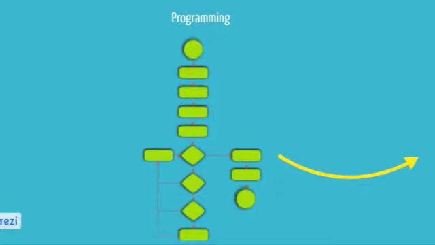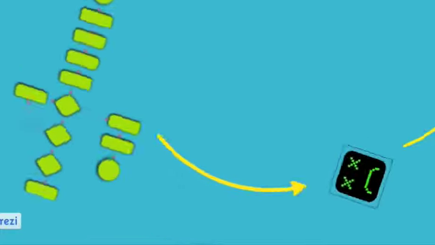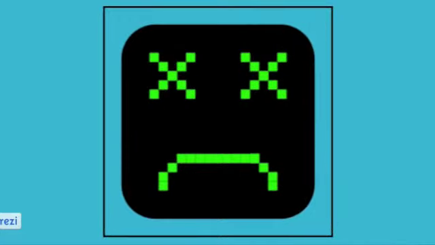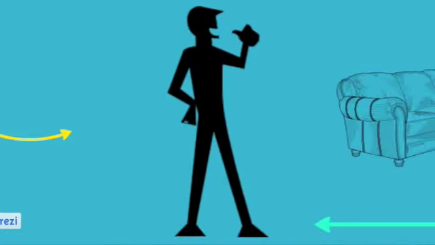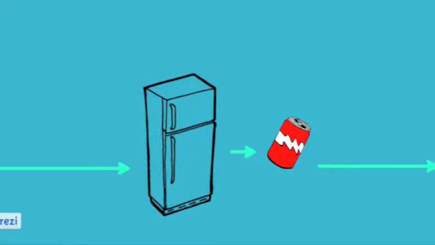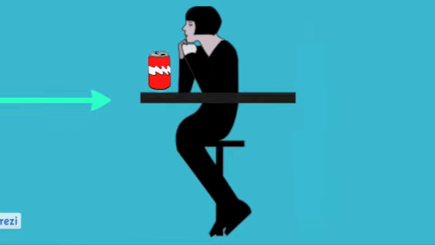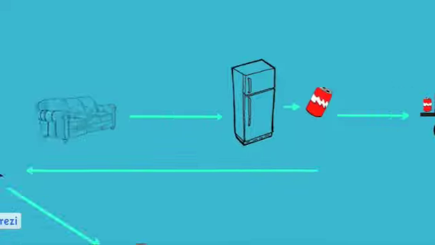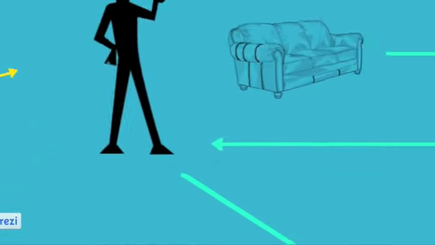You see, computers aren't that smart. They can only do what you tell them to do exactly as you told them to do it. I can tell my husband, please get me a drink, and he'll know he has to get up off the sofa, go into the kitchen, and get a cold soda out of the fridge. Then he comes back into the room and hands it to me in order to complete the task. Or he could tell me my arms aren't painted on, and I'll do it myself.